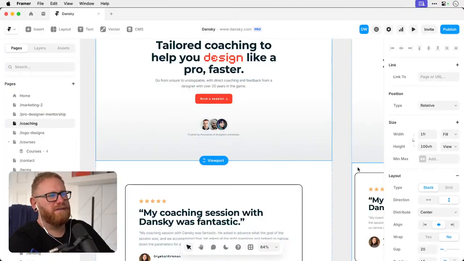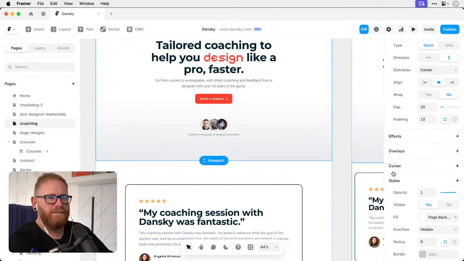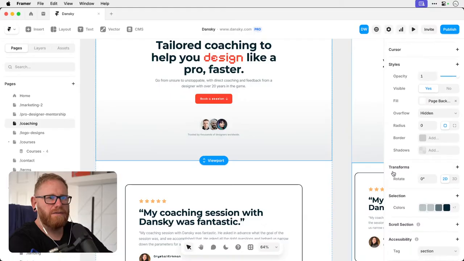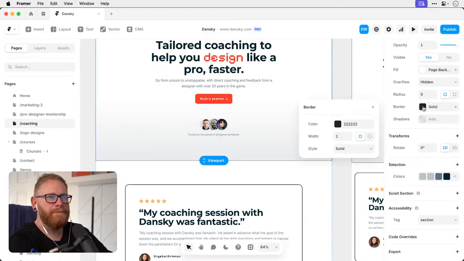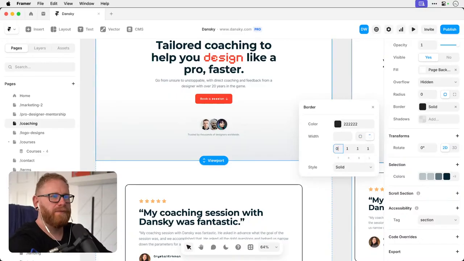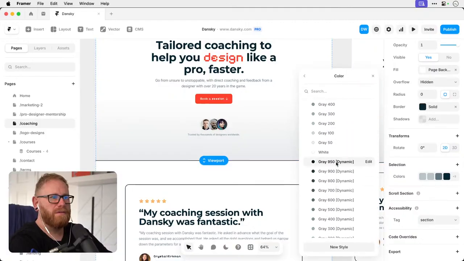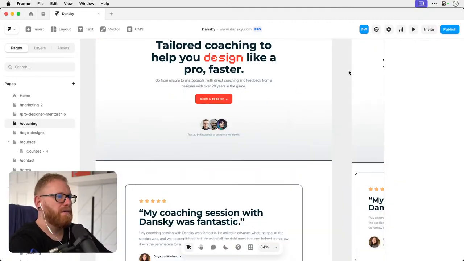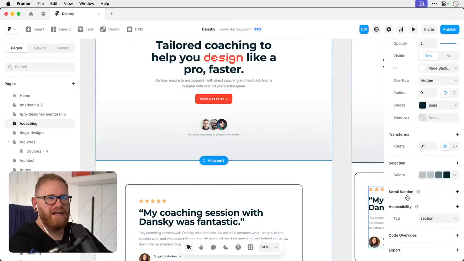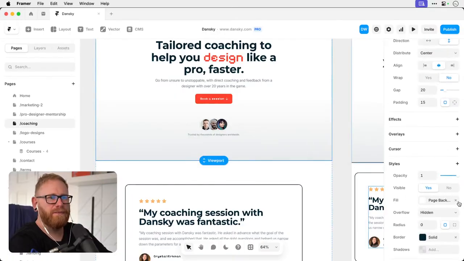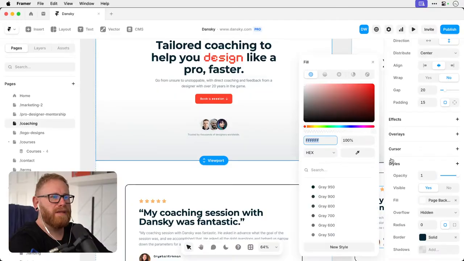Yeah, what about this as well? At the moment there's like this sort of fade on the bottom, but in my designs we've got a solid border. So go gray dynamic. I don't know if this is going to get a little bit too liney.